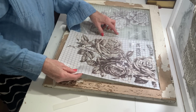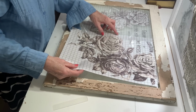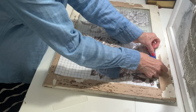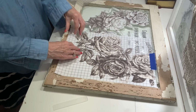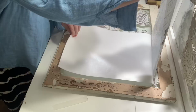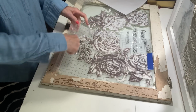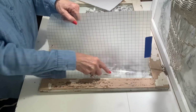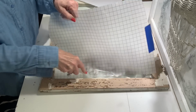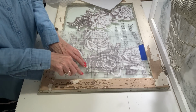so I can line it up to the second design. I'm going to use those grid marks to get the second design lined up so my design will match up. A lot of these transfers will lock into place. So they are designed that way, so you can apply them in sections and just connect them together. This right here was such a beautiful design. I love the muted black and white on this one,